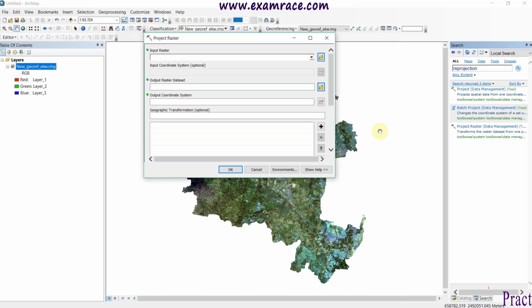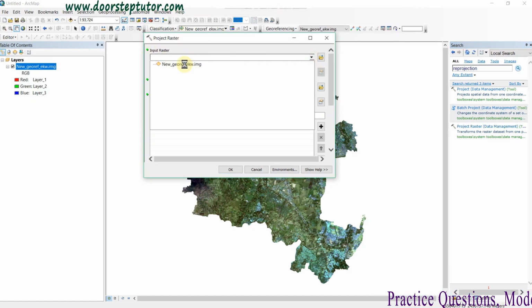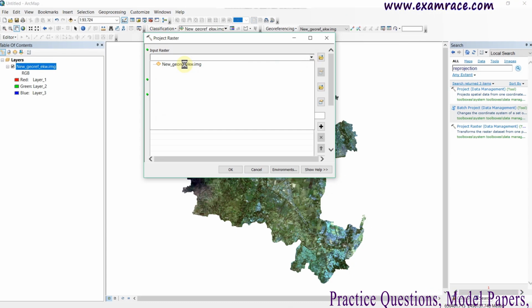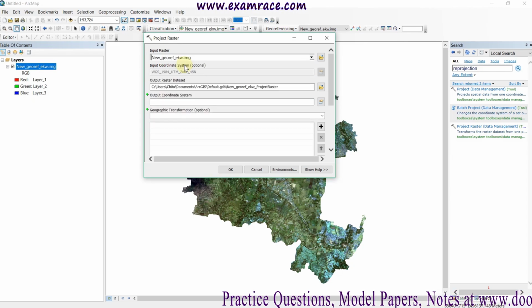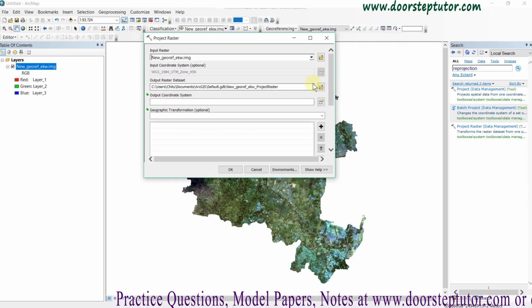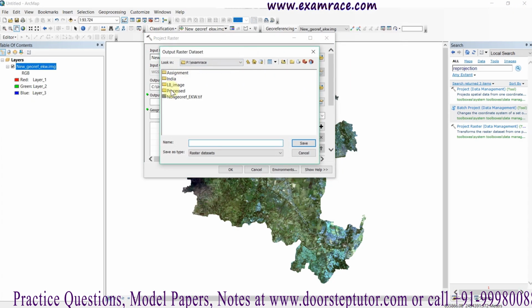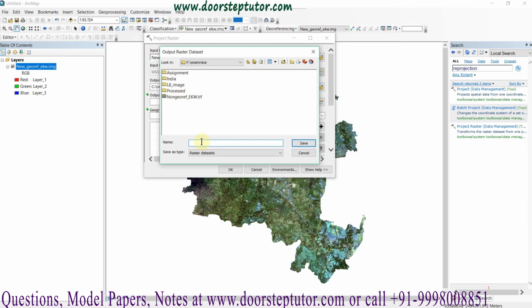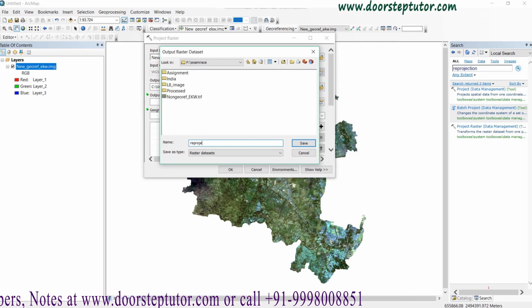So this is the input raster I am giving it. It will show you the input raster projection system, and then you can convert it into another one, the output raster dataset. I am selecting it outside here, reproject.